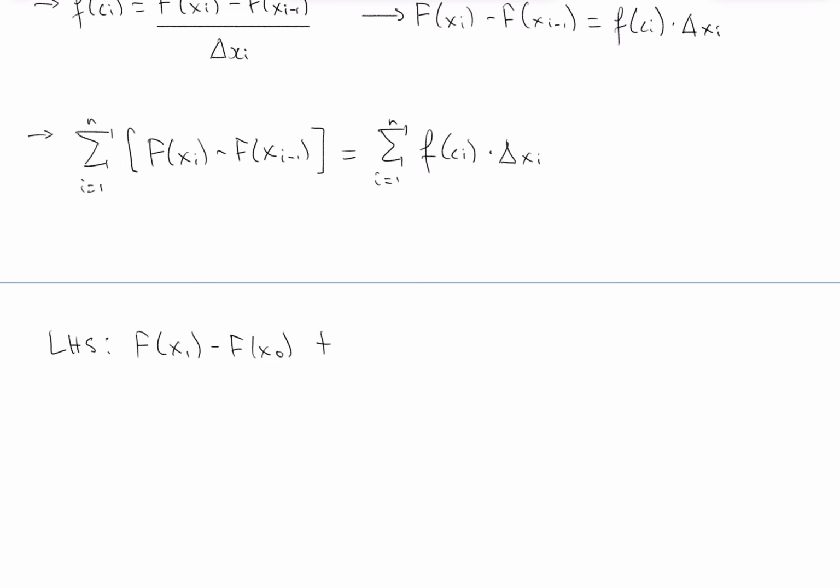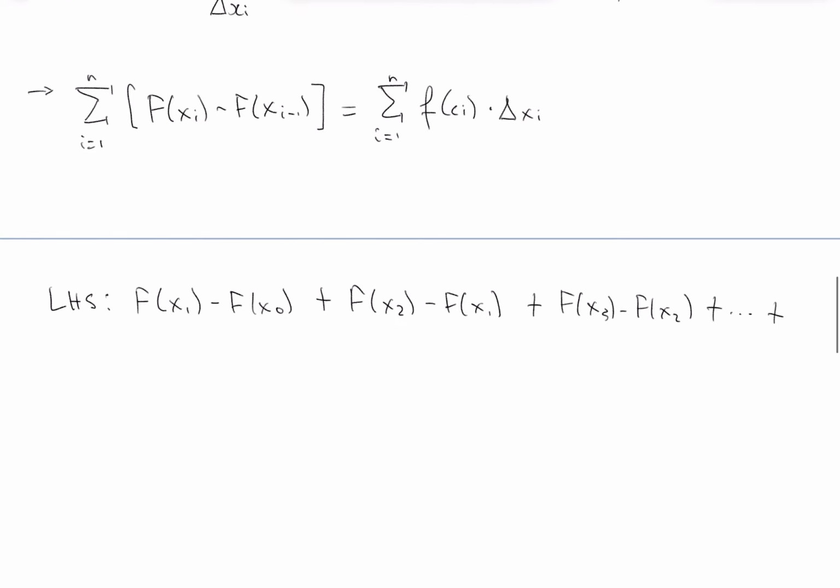You're adding i equals 2 now. f of x2 minus f of x1. You can see the pattern. Plus f of x3 minus f of x2. And you continue this until you get to f of, well, we finish at n, so f of xn minus the previous term,